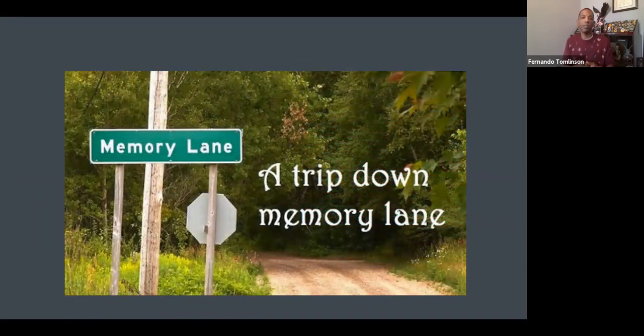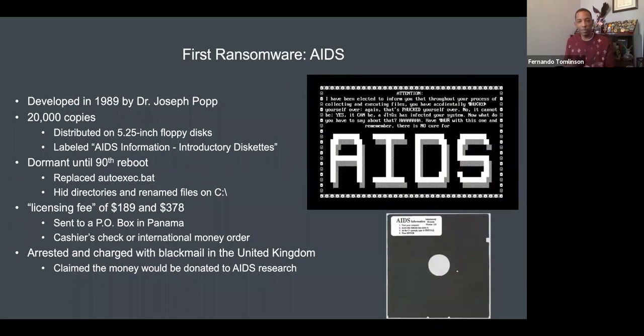Memory lane in the sense of we recognize it's 2021. We didn't just wake up yesterday and all of a sudden there's a ransomware attack. So where did this all really start? Well, the first instantiation of ransomware was the AIDS attack. This was back in 1989 by Dr. Joseph Kopp, right? And it was really based upon